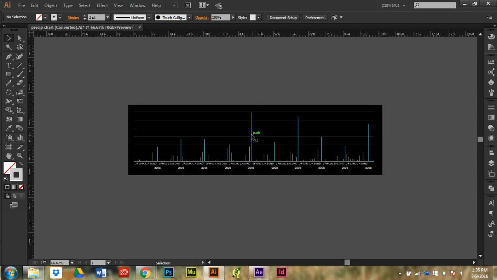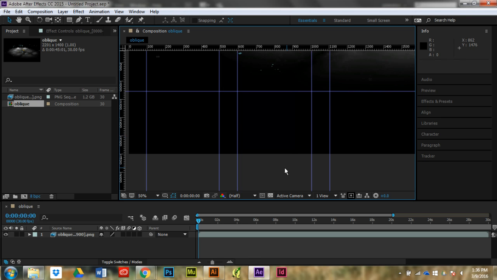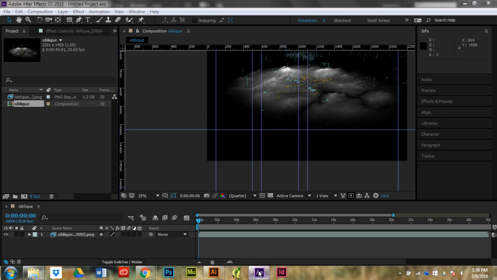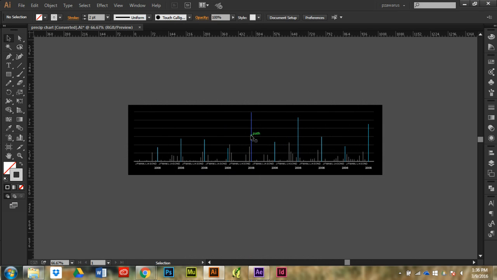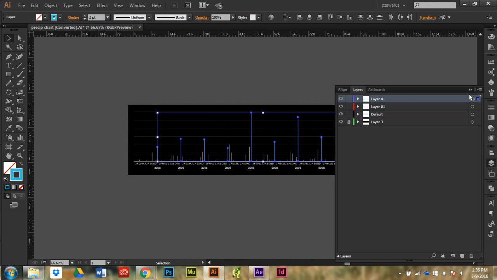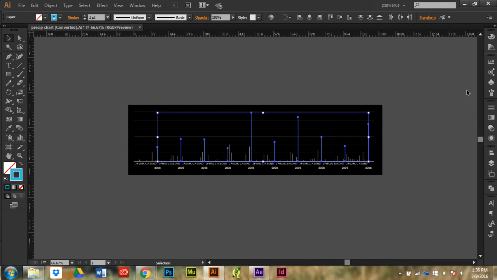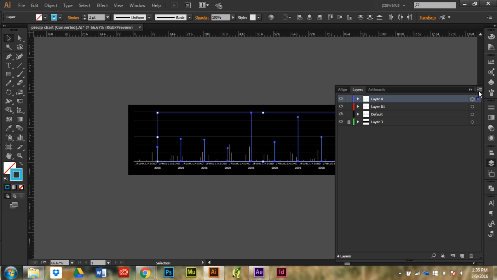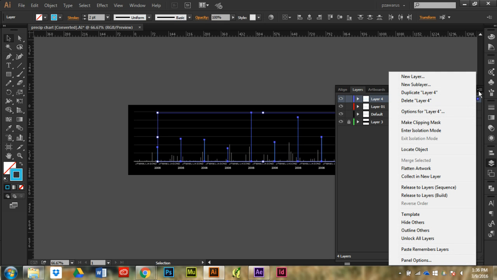I want these to essentially light up every time the data changes in my After Effects video. So in order to do that, I need these to be all in their separate layers. So what I can do is select those objects. So you can see they're just like that. And then I can click this tab up here and say